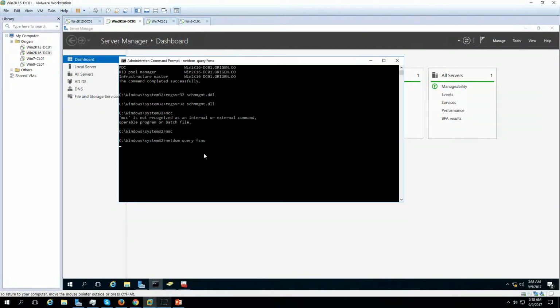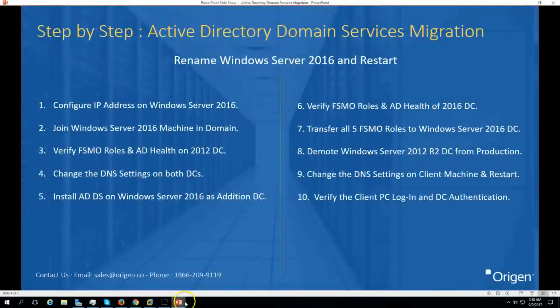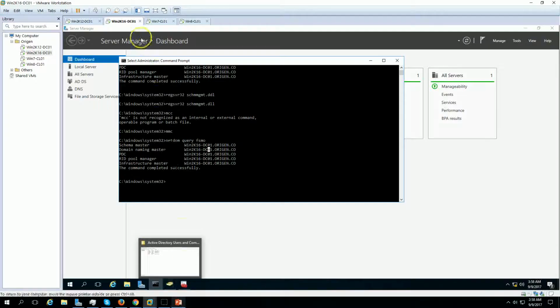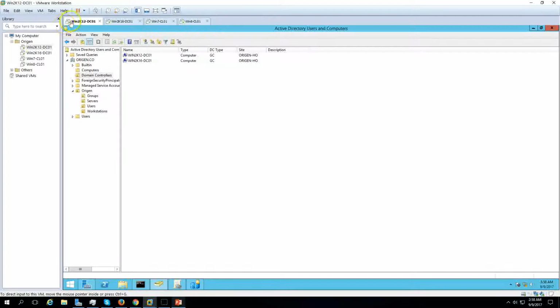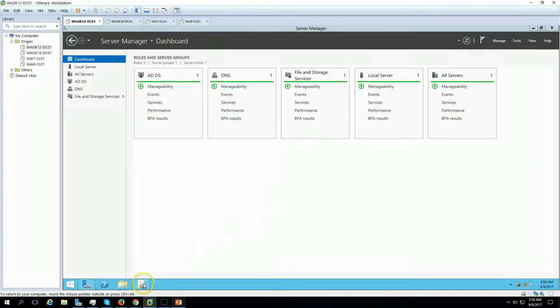So here we go. Now you can see all the roles running on 2016 server. So our next task is to demote the 2012 DC from production. I'm going to do this right away. Go to the 2012 server,